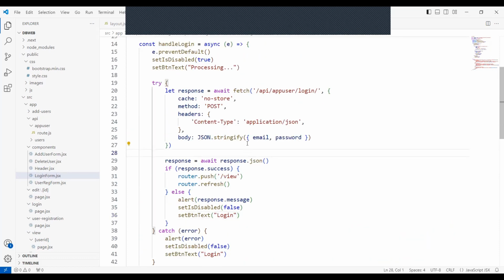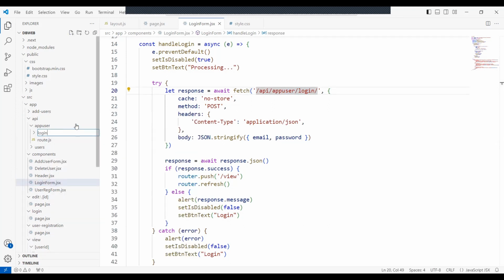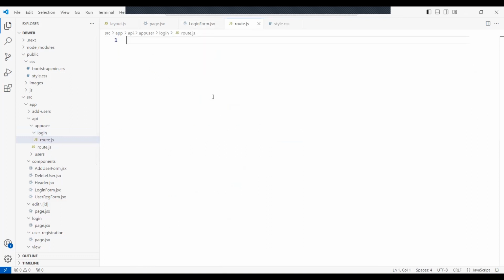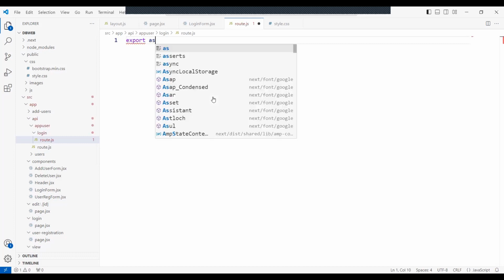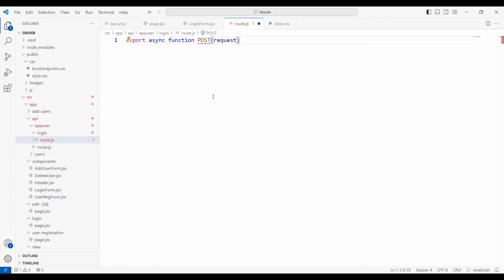and now we will be creating another folder inside the app user, because this is our route. So inside app user we'll create a new folder by the name login, and inside login we'll create a route file. So route.js. Now here we'll write export async function post request, and here